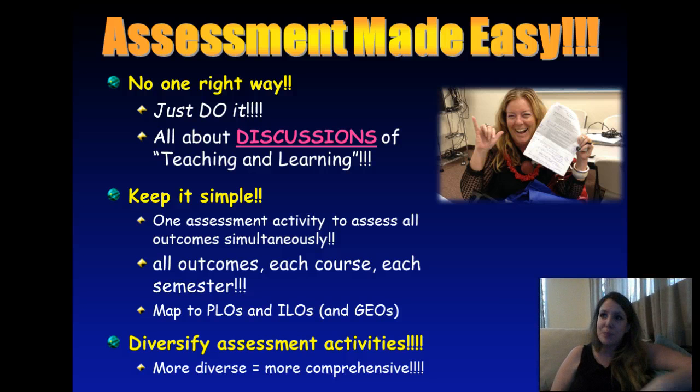So for example, maybe I choose to use a lab activity to address those 4 course learning outcomes. And maybe Sally Sue chooses to do a comprehensive essay on a final exam. And Joe Bob decides to do maybe a project, a hands-on creative project where that addresses all of those 4 outcomes. Well, that's great because now we're looking at different methods for the students to meet those outcomes.